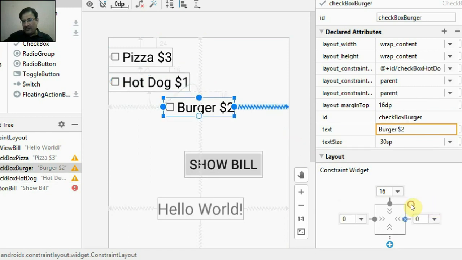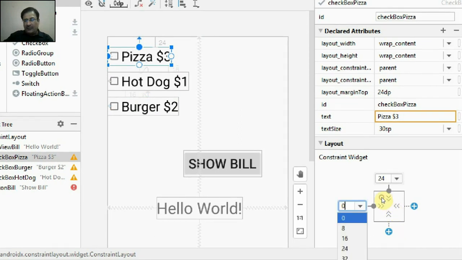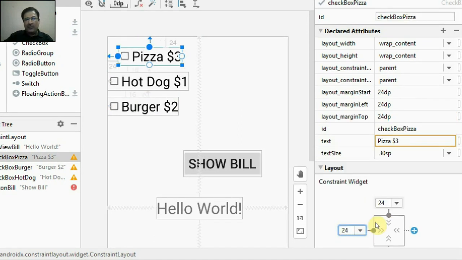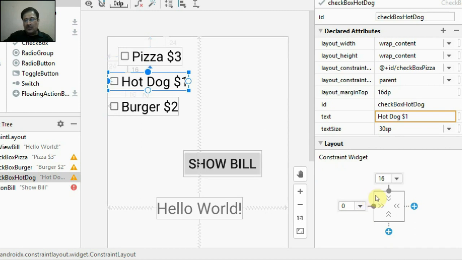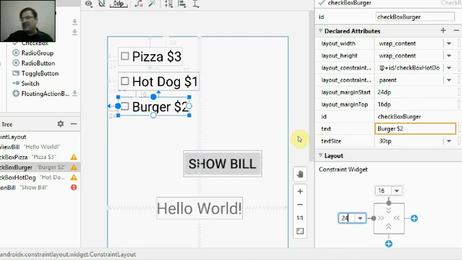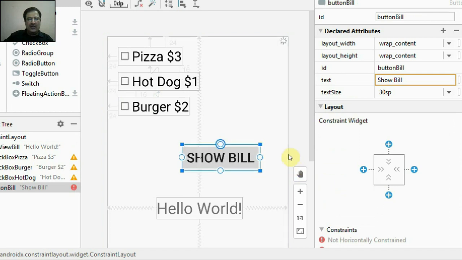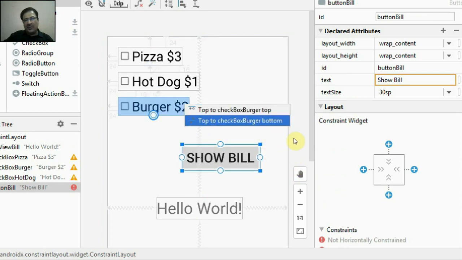I'll delete this right constant and I'll select this one, and from the left border I'll make it at a gap of 24 pixels. This also at the 24 pixel gap, and this one is also 24 pixels or SIP, whatever you want. Similarly, you do one thing, click and drag it and set the constant with this checkbox.